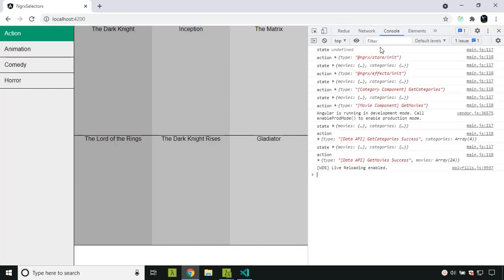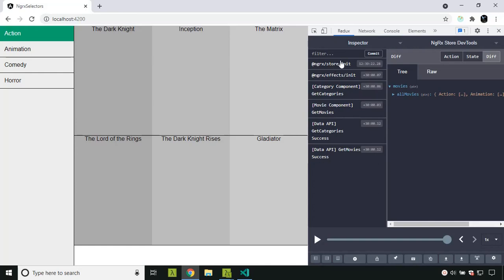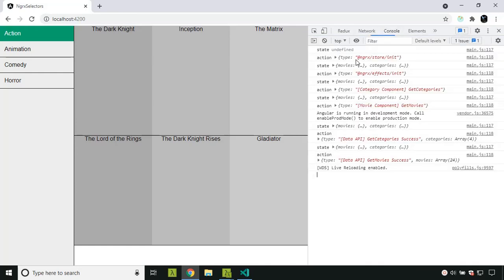Now if you go to the console, you can see that, similar to what we see in the dev tools, whenever an action is dispatched and the reducer works, the corresponding state and the action will be logged here. This will be the previous state, that is, prior to the reducer working, that state will be logged here.